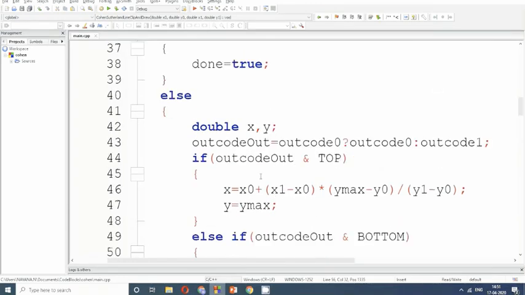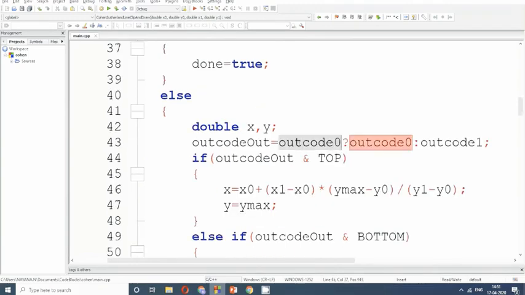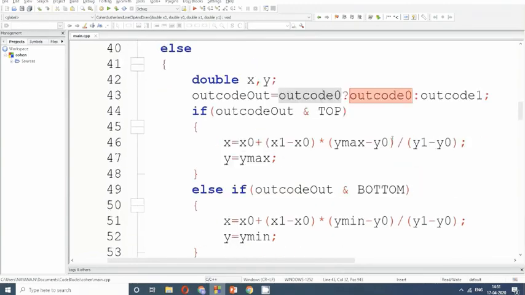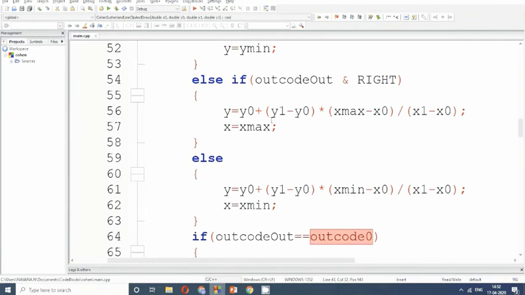If it is not in all these regions, and since the outcode is not 0, because if it was 0 this would have evaluated to false and we would have considered outcode 1. Since it's not 0, only because of that are we evaluating these things for outcode 0.